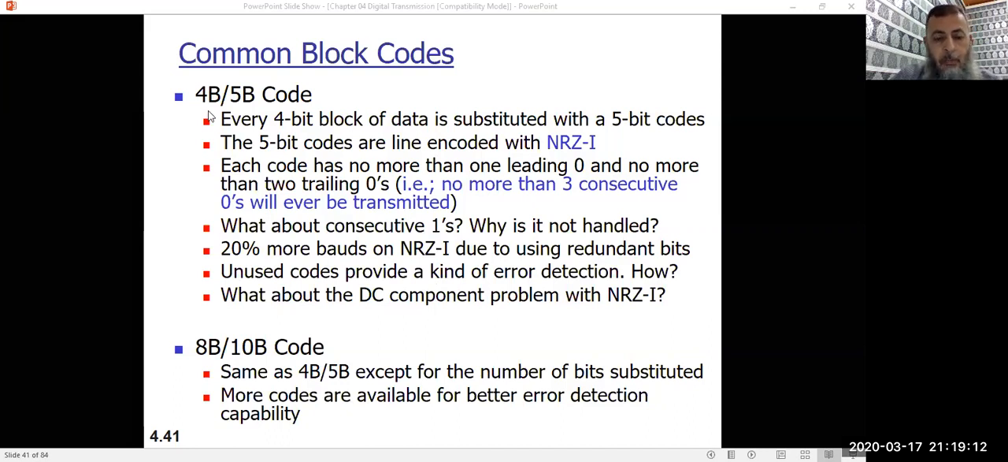We have 16 possible patterns. The output is 2 to the power 5, which is 32. We are only going to use 16 out of 32. So what do we do with the extra 16? We use them for error checking, for control signals, and